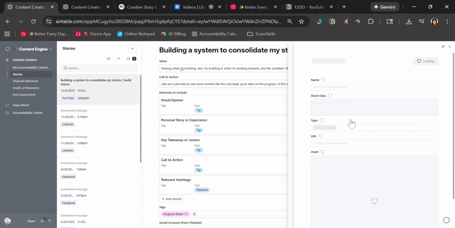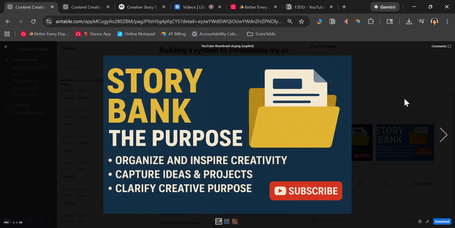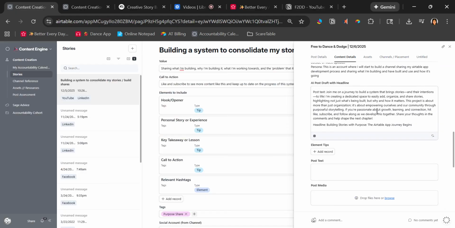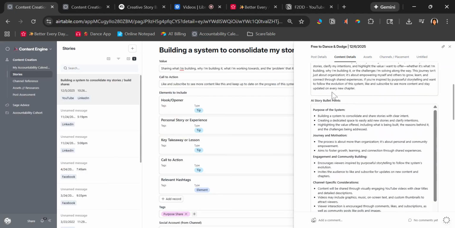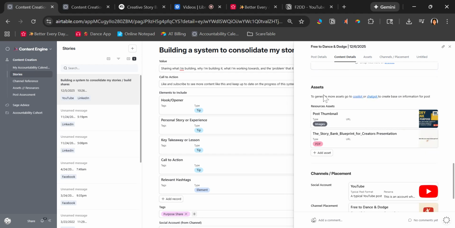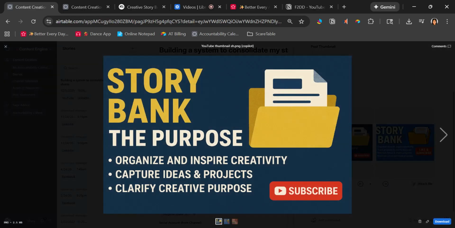For YouTube, typically you need a thumbnail. So I have these assets. These assets were generated. This one is from Copilot, where I basically just took the bullet points. Bullet points or the draft text, you can go into Copilot or ChatGPT and ask it to create you a thumbnail. These were the results from Copilot,